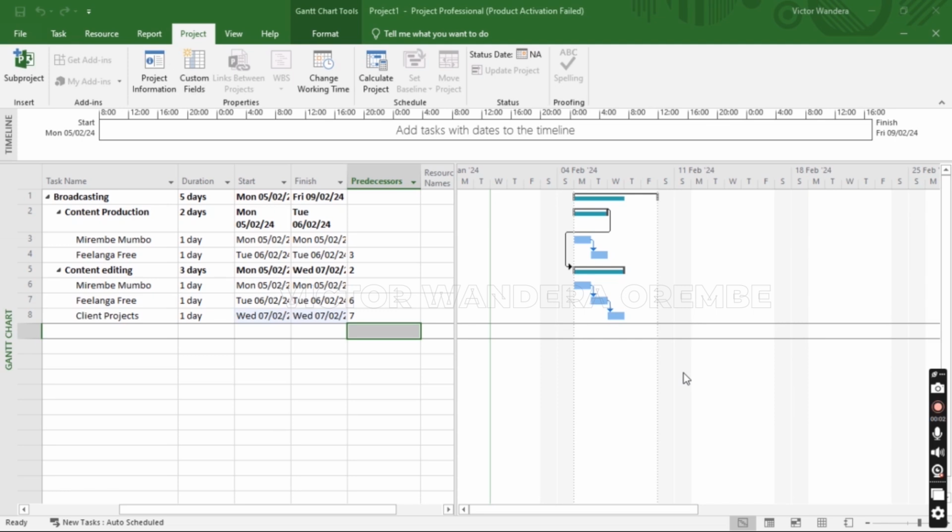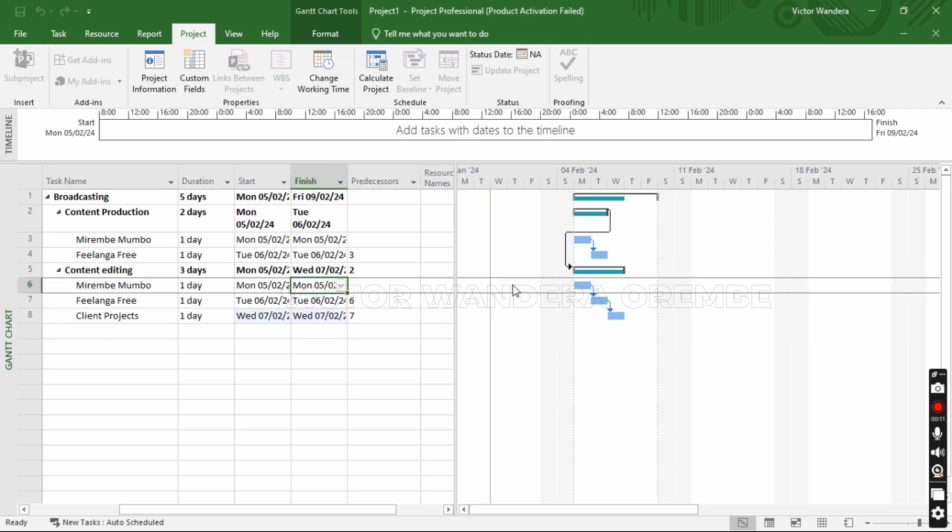these projects. If you hover your mouse over these representations, they give you an on-screen snippet of the projects. For this case, let me just show you. If you hover it in that manner, it should be able to tell you, okay, that's a manual summary. It tells you that that task is content editing, and it starts on Monday 5th of February 2024, and it finishes on Wednesday 7th of February 2024, and the duration is 3 days. Therefore you can always monitor how your projects